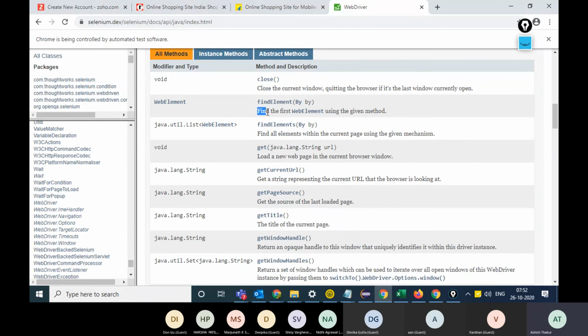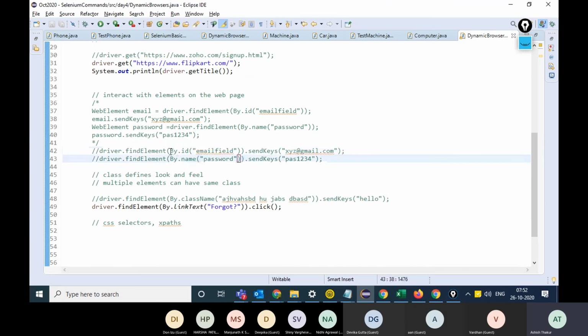It's clearly written: finds the first web element. What do you mean by first? That is, if there are multiple elements with the same criteria on the web page, not just ID, by any other locator strategy, all these are the locator strategies: by ID, by name, by class name, link text. If by any locator strategy you end up finding duplicate elements, Selenium will use the first one.